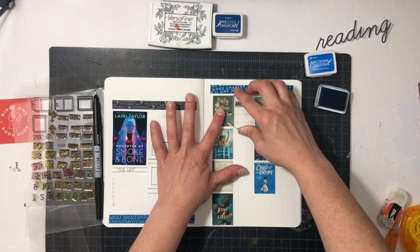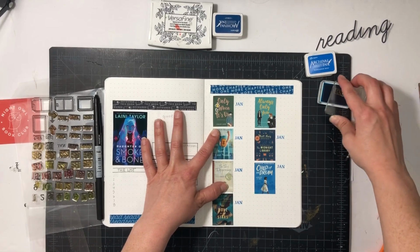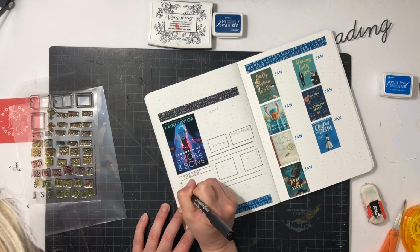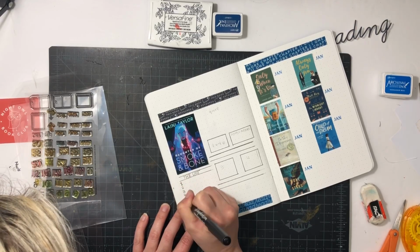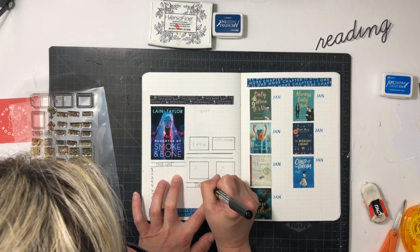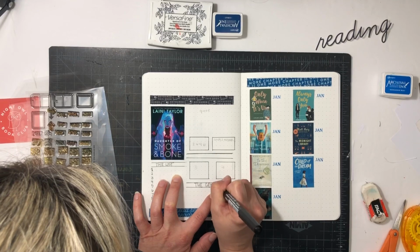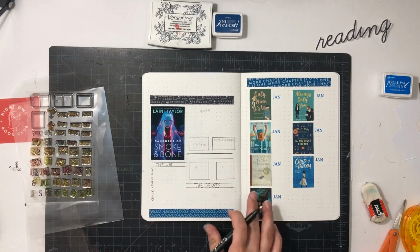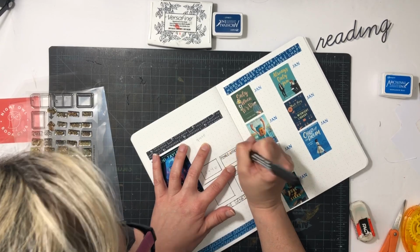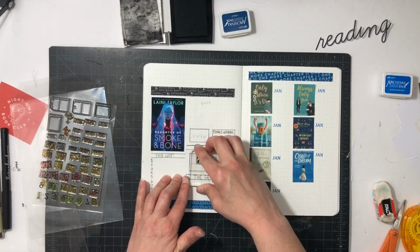Like I said in the introduction, I think I did, I wanted to combine my calendar and also my review page that I did last year. And so this is kind of what I came up with, and I'm just going to stamp January, and then I'll fill in the dates by hand. Over here is the list, and then I have a couple genres that I'm going to include, like historical fiction, children's, and romance. I'm now writing out female authors, and then I'm going to stamp in with an Everyday Explorer